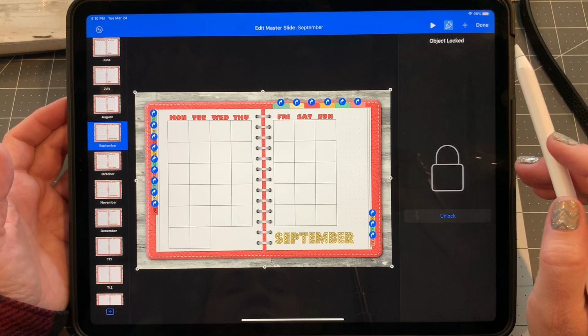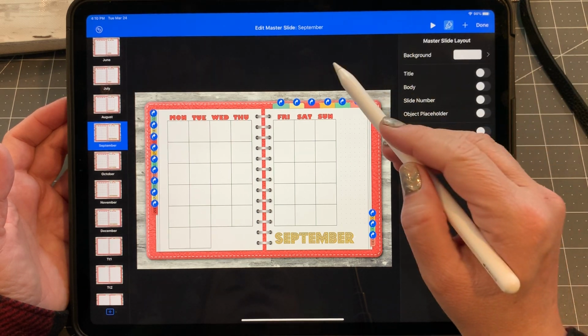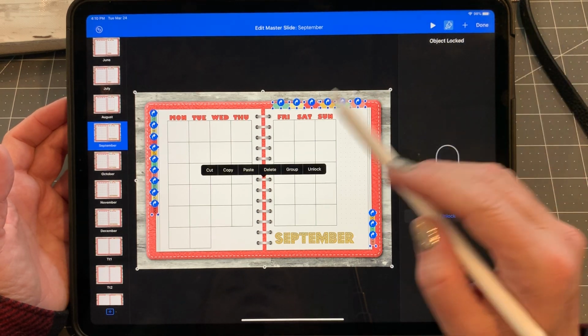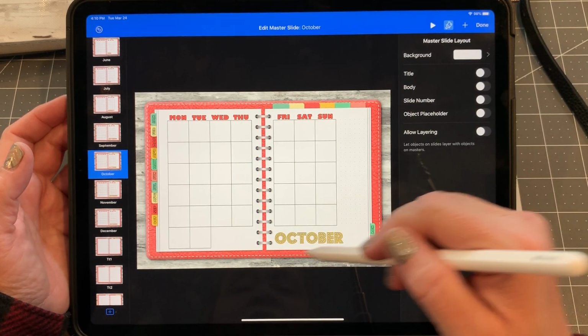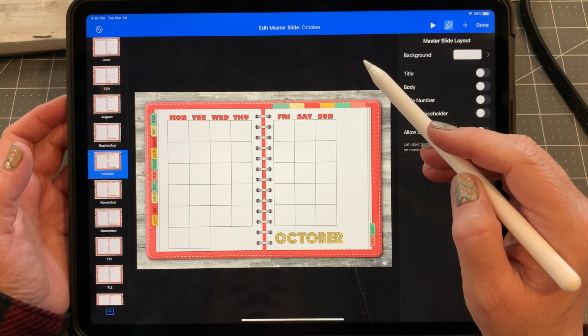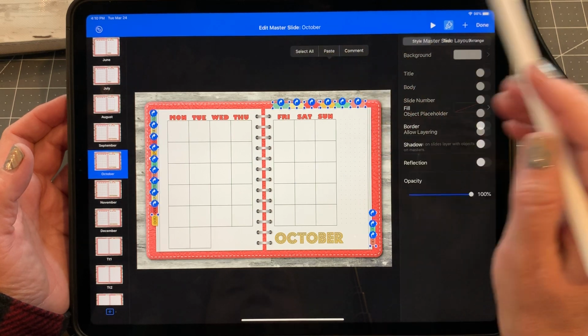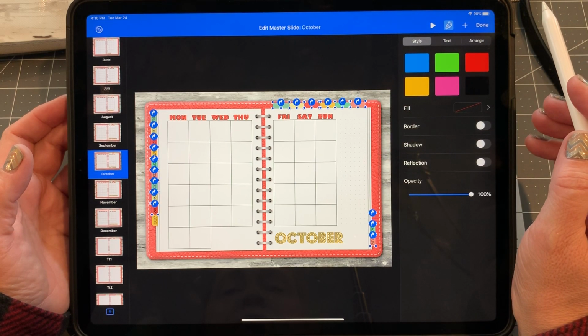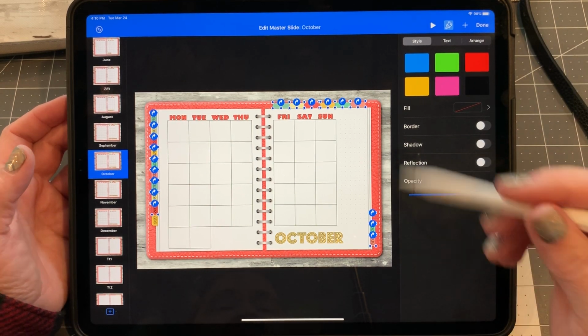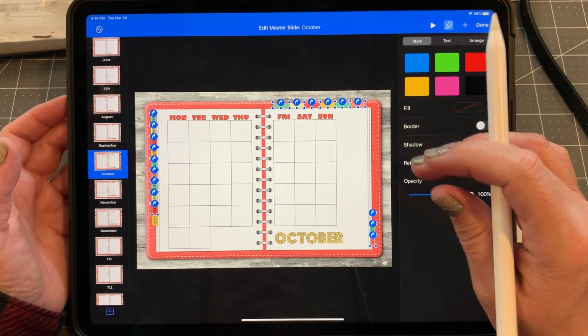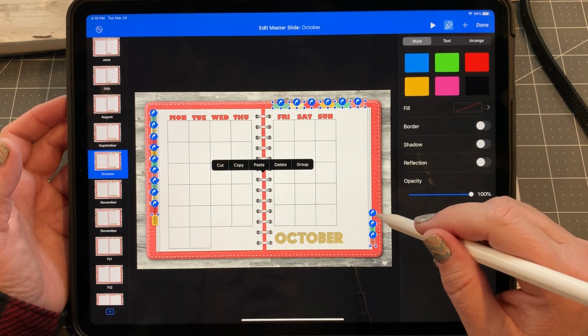I'm going to try copying. Let's see what happens if we copy, select all, copy, come over. Now, if September shows up here, we know we've copied the background image, but it was locked. No, so look, we only have to do one. Boy, I'm sorry you had to suffer through that long. So let's just grab this one